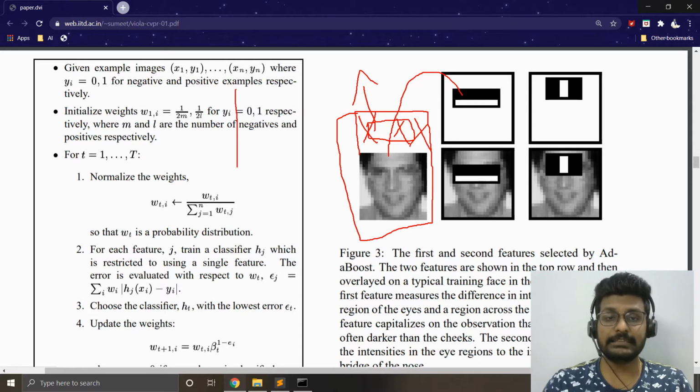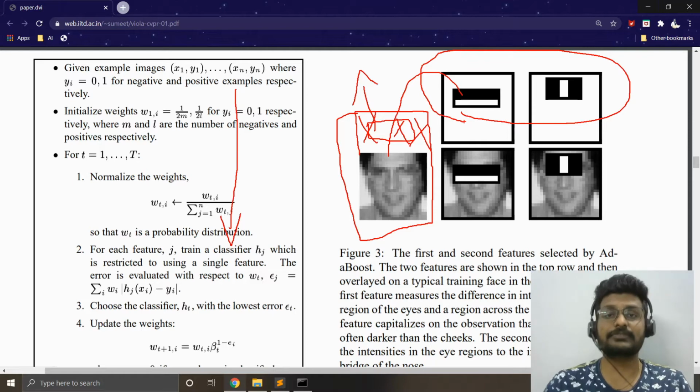So obviously the entire steps will not be followed through. I'm going to skip regions when I don't find promising features in that area. I'm going to focus on the areas where my features are giving me a positive sign, so that I might reduce even more time, focusing not on the regions that don't contain faces, but on the regions that have faces. This skips a lot of computations and a lot of filters. So this also created a huge boost to the speed, making sure the accuracy has not been reduced at all. This is how Viola Jones created this wonderful algorithm to detect faces in real time.